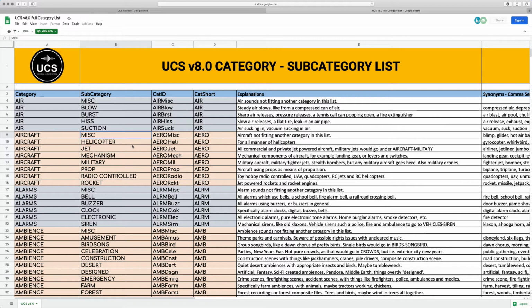Our intention is that you basically do your best to assign that recording or that sound effect to one of these categories, which makes the most sense. If you really can't find something that matches, then it goes in miscellaneous. Okay, the next column is the cat ID, the category ID, which is sort of at the heart of this